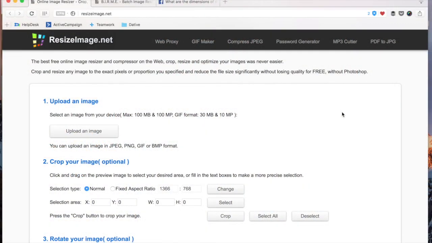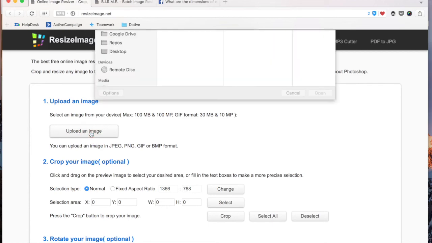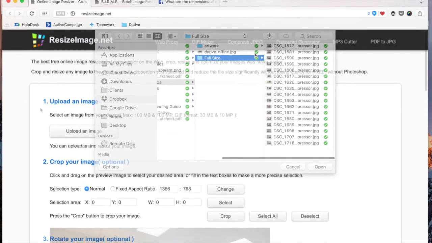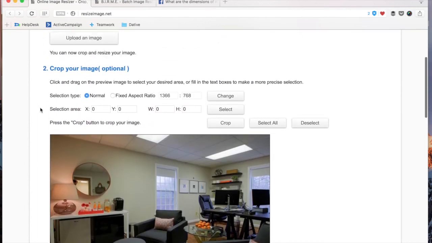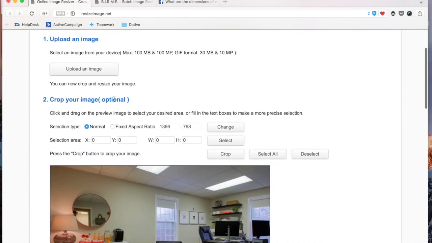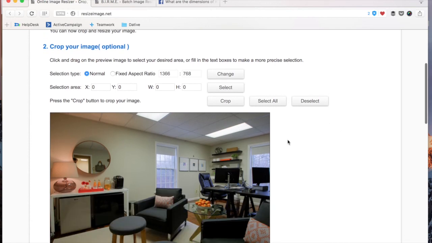So the first one we're going to look at is Resize Image Net, and this is great for cropping or resizing single images. The first thing you want to do is click to upload an image. Once it's finished uploading, you'll see the preview image right below. The first thing you can do is choose to crop it. Now this would be if you wanted to crop down a certain section or if you were trying to match